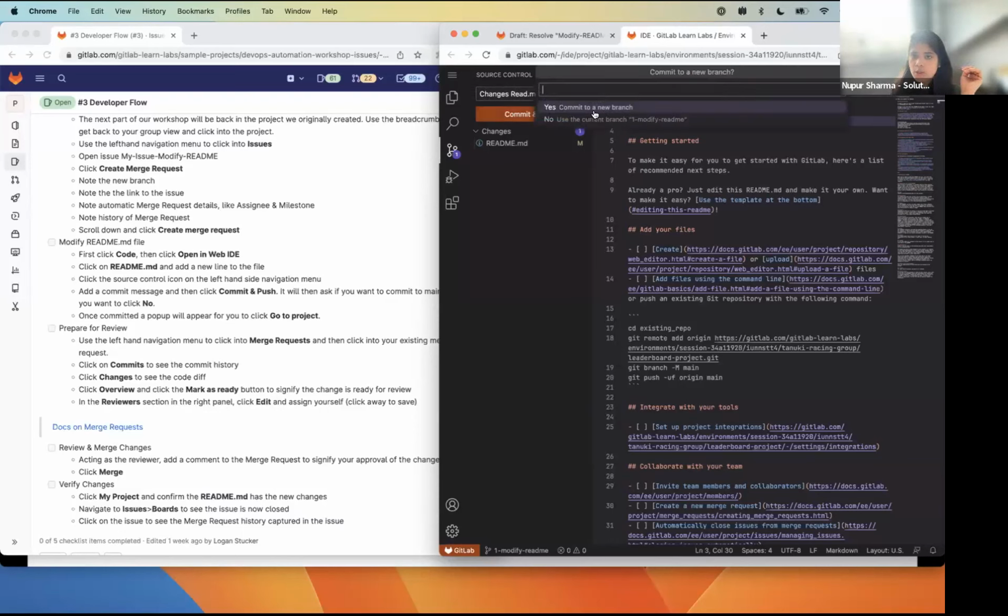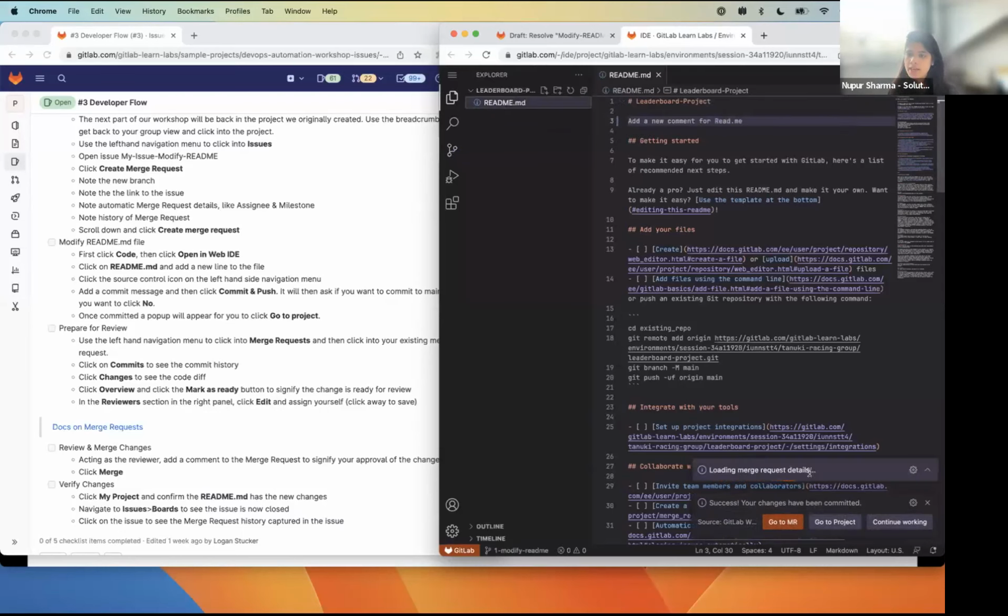So it asks, do you want to commit to a new branch or use the current branch? I do not want to commit to a new branch. I want to use the current branch. This is again something very flexible for the developers. If they are making changes and they think it is not related to this particular branch, they can make the changes from here and create a new branch. But because I know my changes are for this particular branch, I'll just use it here. And here, if you see, success, your change has been committed, go to the MR. So if I click on it,